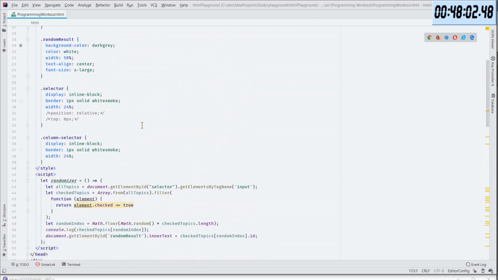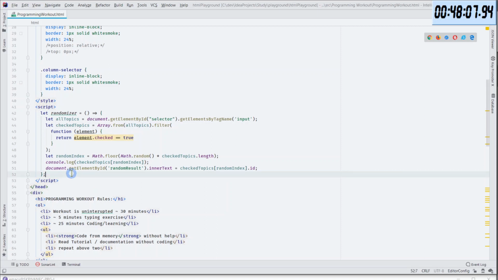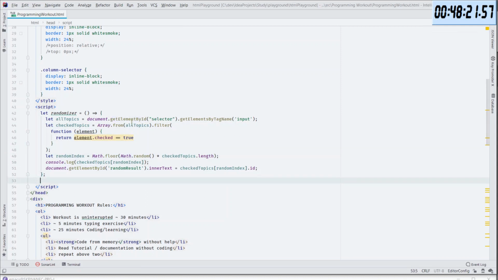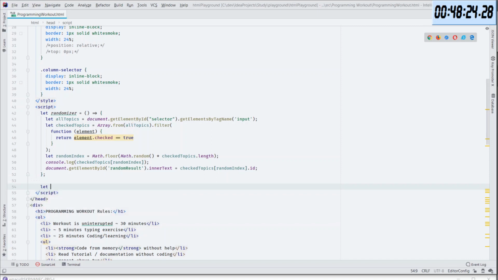So we'll go to the script, and there's a randomizer. Where does it end? This ends in here. This is the randomizer. So we'll have a function, and this will be a method that will select all, check all in.